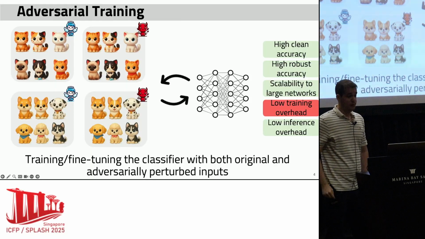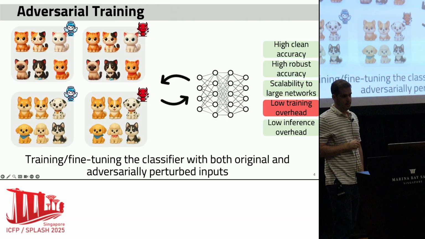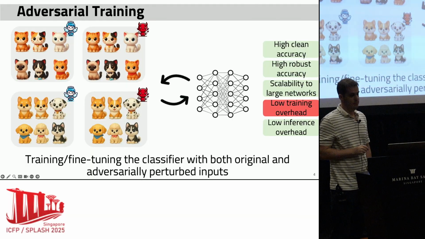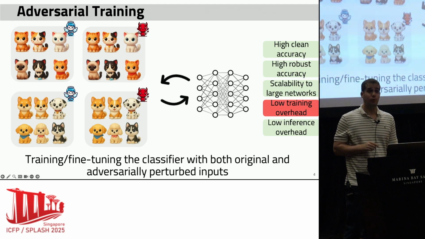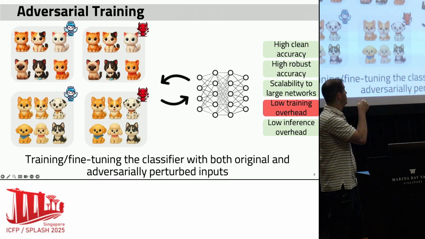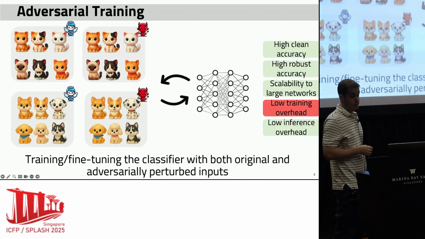And actually, this often improves the robust accuracy with zero inference overhead, and it also scales very well to large networks. However, the main limitation of this approach, as you can probably guess, is the high training overhead, because this